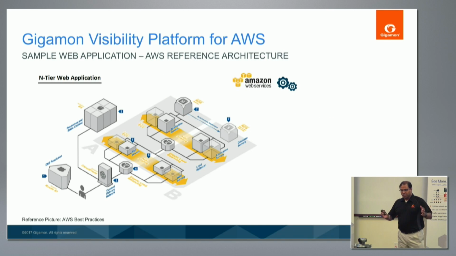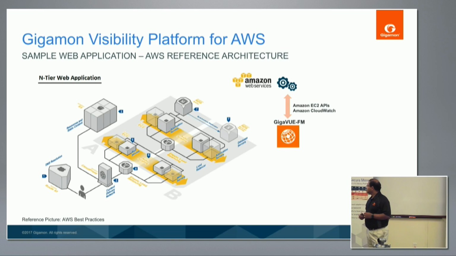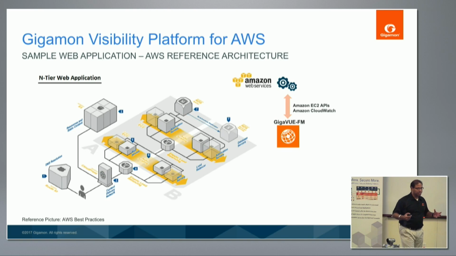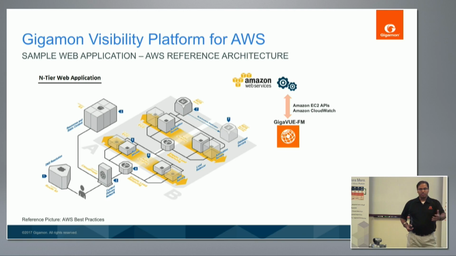So we took that application. So we saw the hotspots, right? We saw how a single agent can address the traffic, can acquire the traffic. Now let's look at how that architecture gets visibility. Our centralized fabric manager, which is our orchestration plane, uses APIs to connect to EC2 APIs, gets the inventory